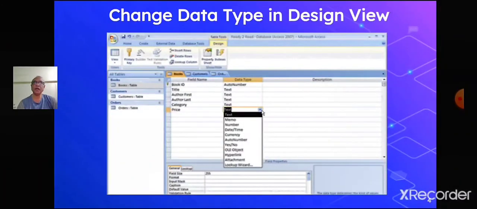Now we will see how to change data type in design view. For this children, first click on the field name, then press the tab key on your keyboard. From the drop down menu, under the data type column, select the format we want. The data type is more noticeable when the database is being populated with records. It will cause data to be formatted for currency, text, number, date time, just like it does in Microsoft Excel.